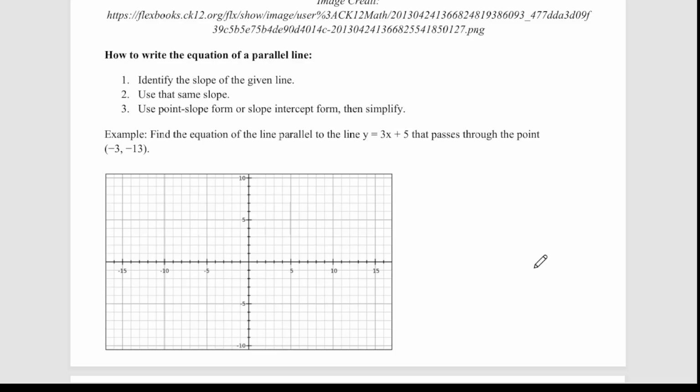So for example, if you want the equation of the line parallel to y equals 3x plus 5, well, the slope of the original is 3, so the slope of the parallel line